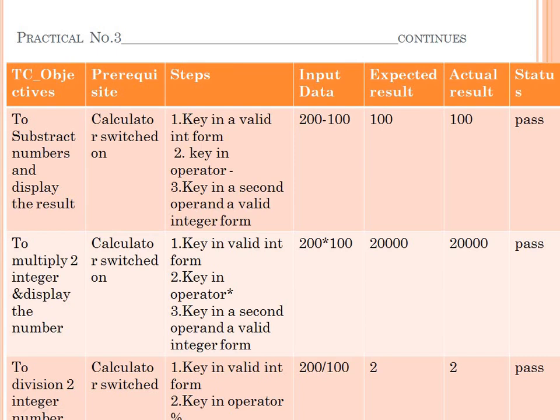Here we only provide the input, and after performing the operation we get a result as output. We don't know the internal structure or which process is done in the calculator. So this is black box testing, and by using black box testing we check the behavior of our system, or we validate our application.